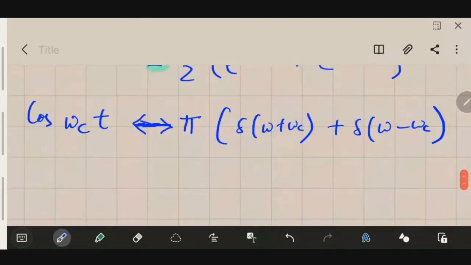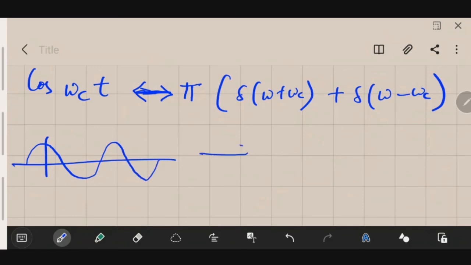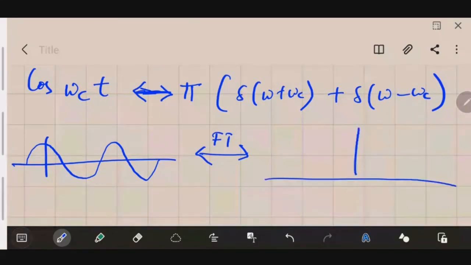So see, if you have a cosinusoidal waveform, cosinusoidal means it will be like this. So if you have a cosinusoidal waveform like this, and you are trying to find the Fourier transform, then in the frequency domain, it will be like this. It will be simply two impulses. One will be at del of omega minus omega c, del of omega plus